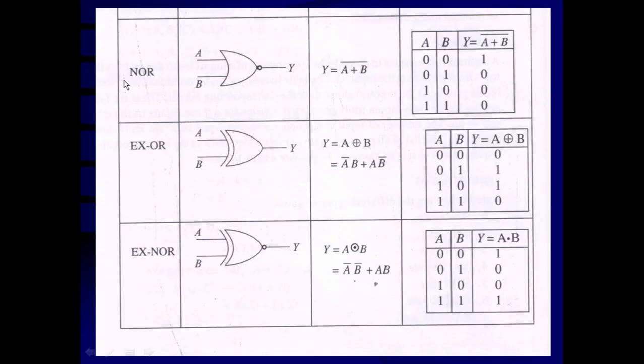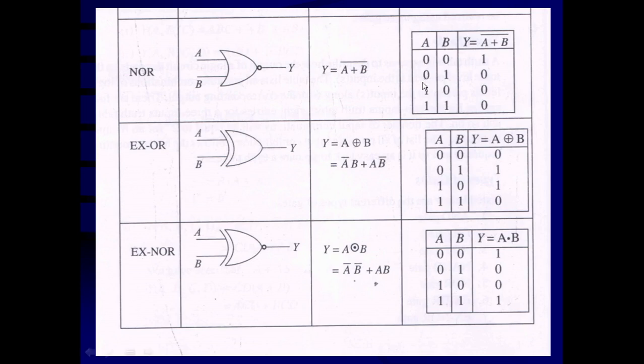The next gate is the NOR gate. The NOR gate is made in a similar way to the NAND gate by replacing the AND gate with the OR gate, which is going to be followed by a NOT gate, and that way the NOR gate is possible. You can see that symbol here. This is the OR gate, which is followed by the bubble. Bubble stands for NOT operation. That means NOT OR gate. And this is nothing but Y is equal to A plus B whole bar. That means complement of the OR gate. So the output of the OR gate is going to be complemented.